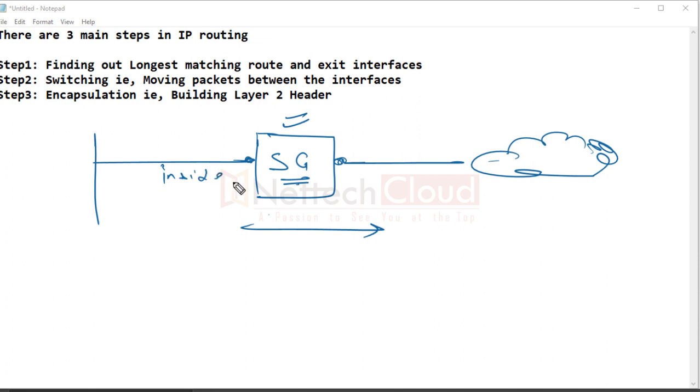Let's say this is my inside and here is outside. A packet is allowed to pass through the device only if there is a security policy that allows the traffic, right?